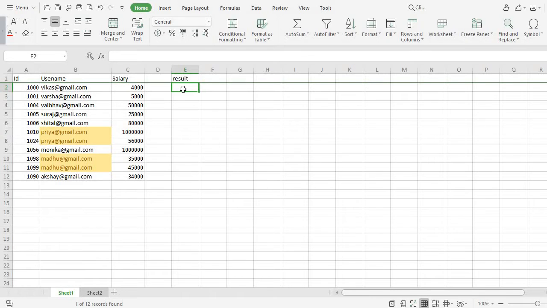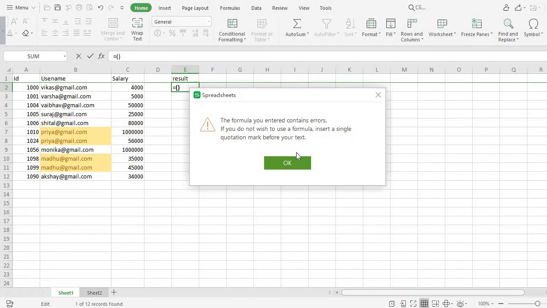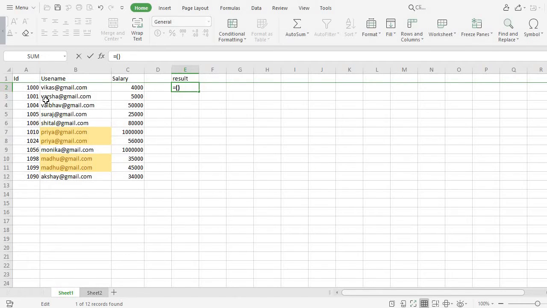So I'll press equal to, then we'll give two parentheses, and in these parentheses I have to do the operations. So I'll select the first column, 1000, addition sign, then click the second column and click enter. So it will show the addition of these two columns, 1000 plus 4000 is equal to 5000.